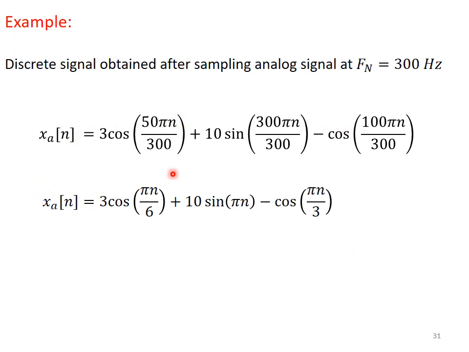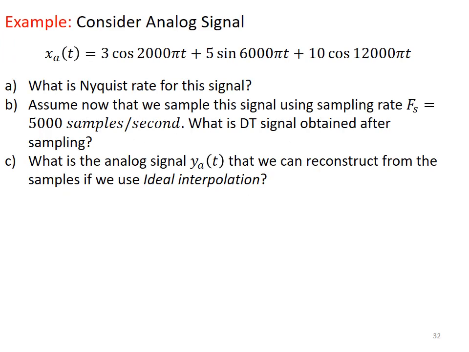The discrete time signal obtained by sampling at the Nyquist rate is this one. Simplifying it further, you will get this equation, and in this equation you can see this component is sampled at zero crossings, and it won't appear in the discrete time version, although it is the signal of the highest frequency in the analog version. But in the discrete version it would be 0. In order to avoid this, we must follow another similar example,